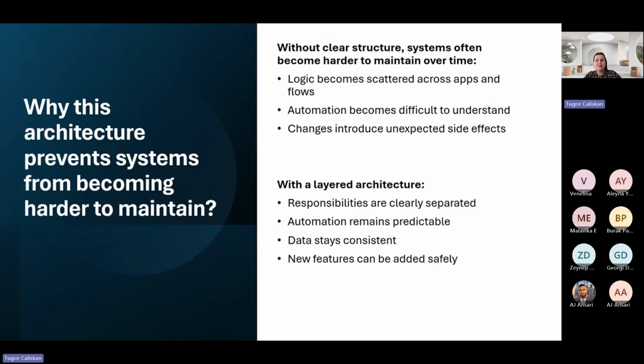This allows the system to scale and evolve without losing reliability. You can see a layer structure where everything is clearly defined as in the previous slide, where responsibilities are clearly separated. And as much as we focus on building a system which can be maintained, it will help us to scale at the end as well.